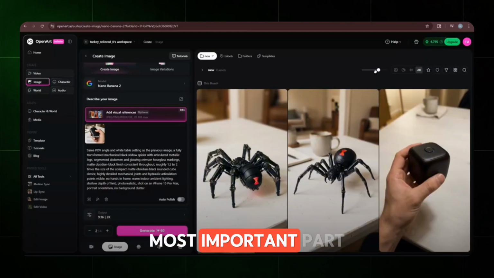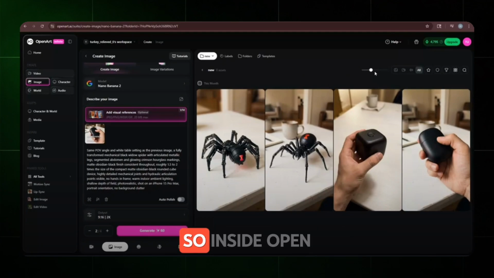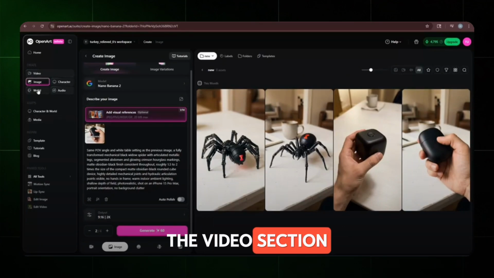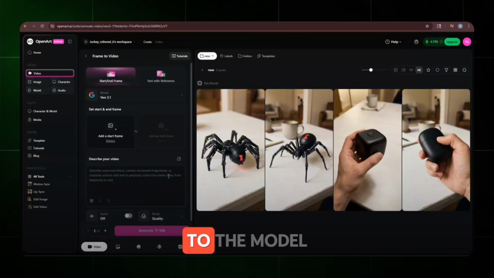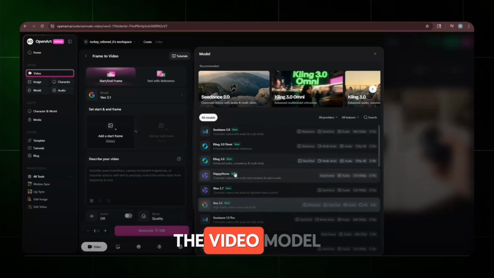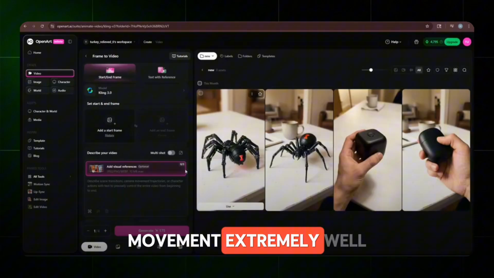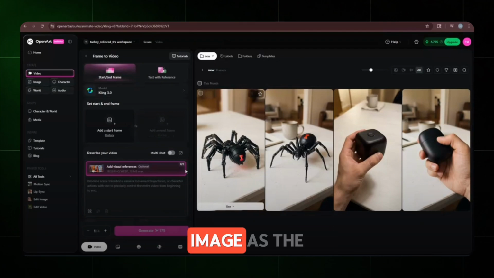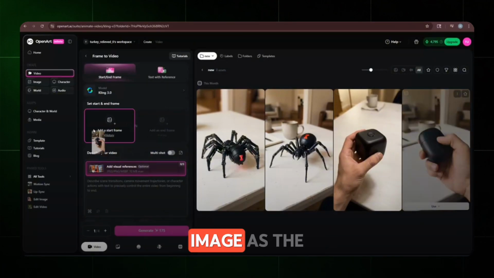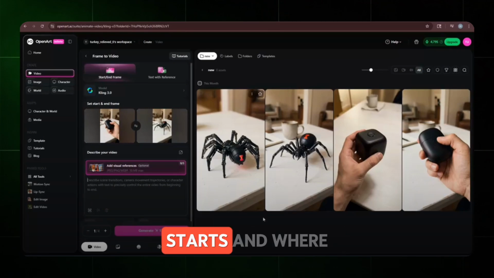Now comes the most important part: turning these images into an actual video. So inside OpenArt, go to the video section from the left sidebar and scroll up to the model settings again. This time, choose Kling 3.0 as the video model, because Kling handles motion transitions and cinematic movement extremely well. Now upload your first image as the start frame and the second image as the end frame. This basically tells the AI where the animation starts and where it should